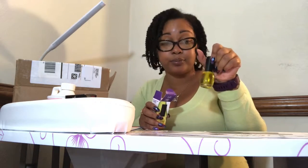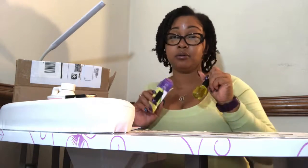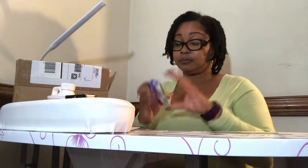Cuticle oil is important, people. It is so important. Even if you're not using it for the purpose of IBX, cuticle oil is important. Dry cuticles make such a huge difference in the health of your nails. So